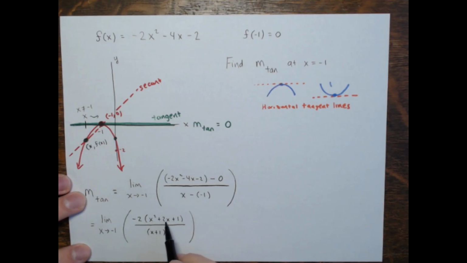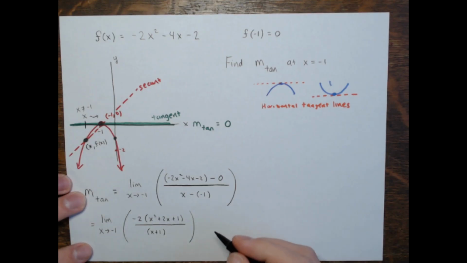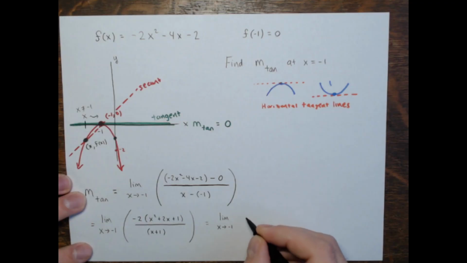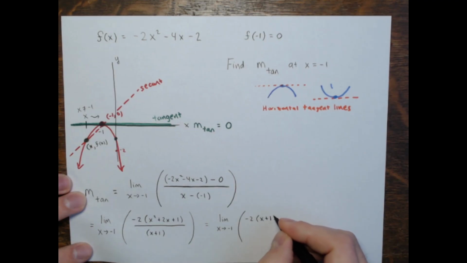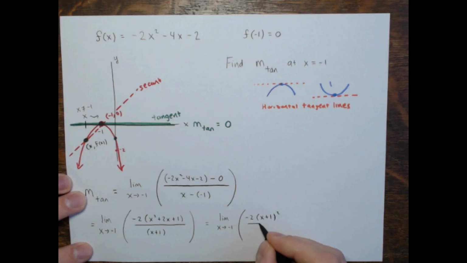And x squared plus 2x plus 1 is x plus 1 times x plus 1, x plus 1 squared. So the limit as x approaches -1 of -2 times x plus 1 squared